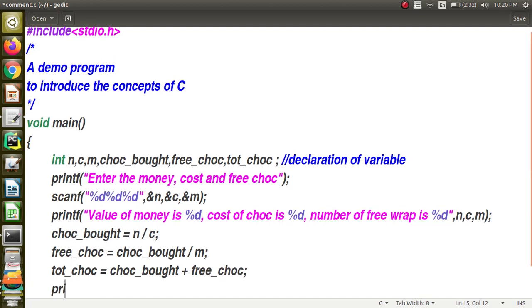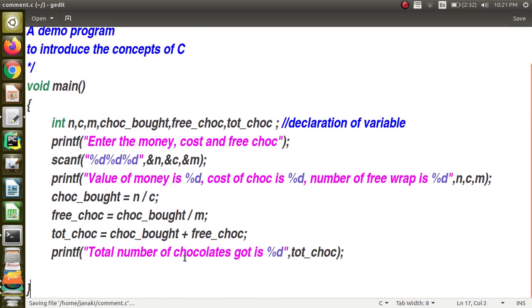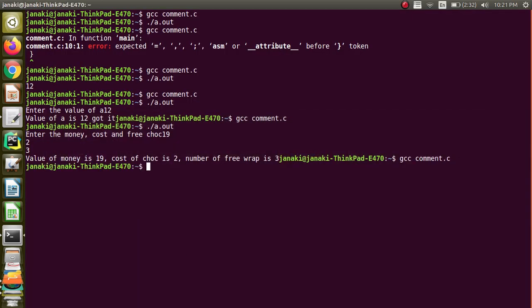Now I am going to print total number of chocolates got is... I want to print an integer value, so I am just saying percentage %d, the format string you should never forget, and then total chocolate. Okay, so actually this will be the solution that may be required.